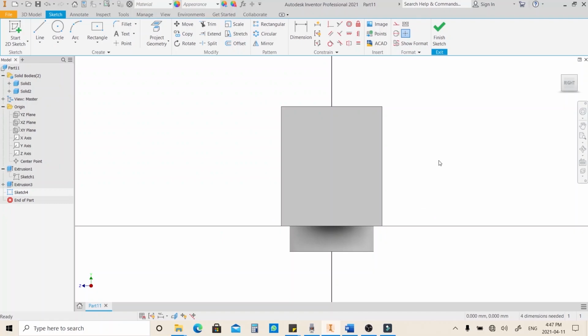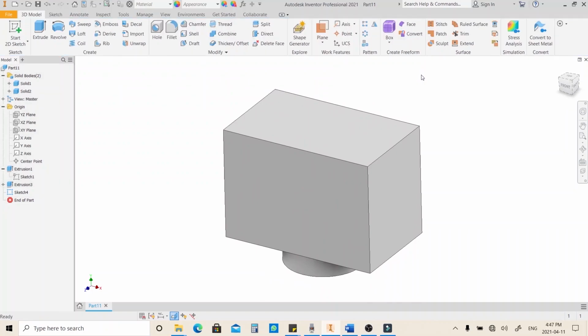So what if you want to see the sketch inside the body? You can temporarily slice the body by the sketch plane by hitting F7 on your keyboard. So the sketch can be seen from here. Then when you click finish sketch, the body is going to go back to normal. Let's go back to the sketch